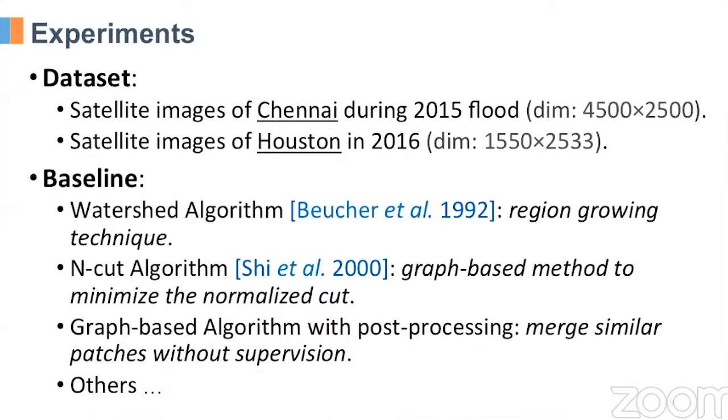Now, as you can imagine, this is something that the geospatial and remote sensing community has been looking at for many, many years. So they have algorithms that they've been using. And the other challenge with this particular domain is getting very good curated gold standard data sets. So what I'm going to show you are results from two particular areas, and later on I'll talk about a third area. Particularly the two areas that we're going to look at are the Chennai floods in 2015 and floods in Houston in 2016. And later on I'll talk about some floods that happened in the Carolinas in 2018 and 2019,